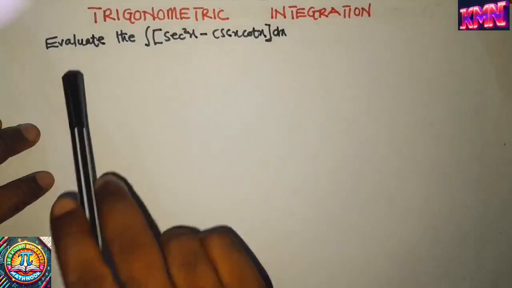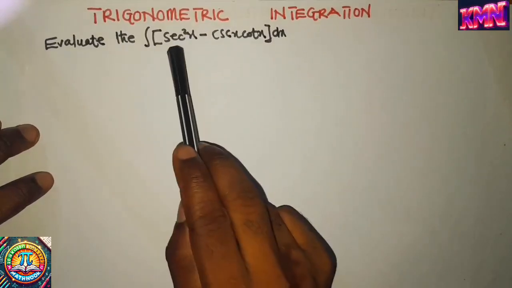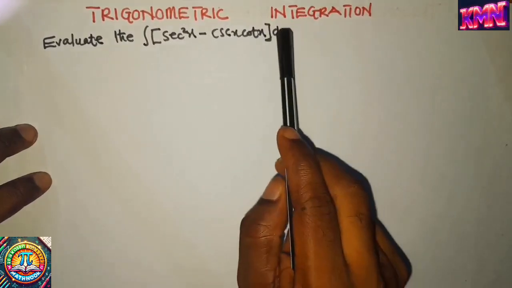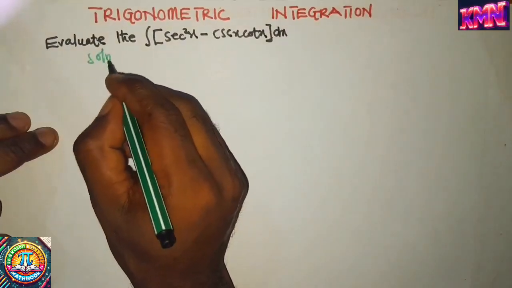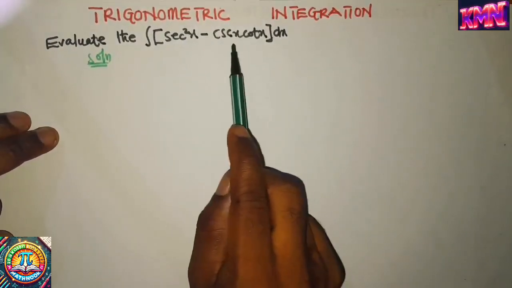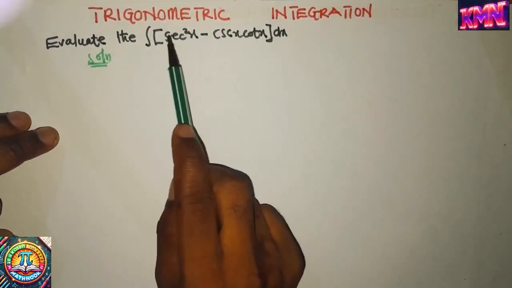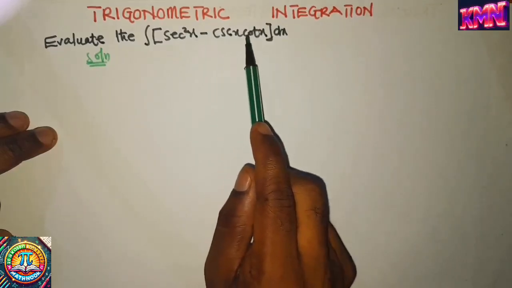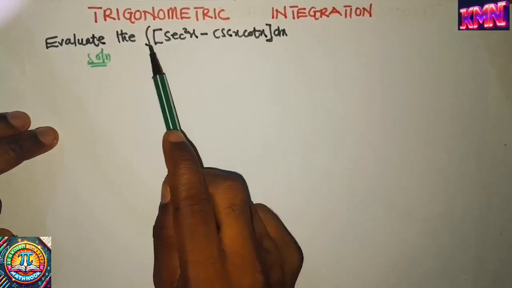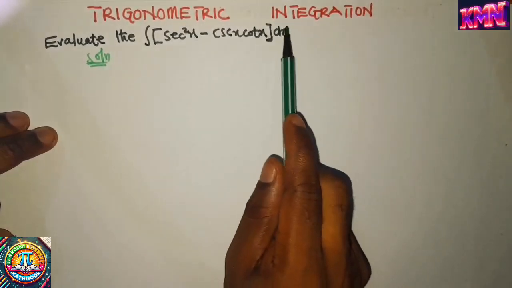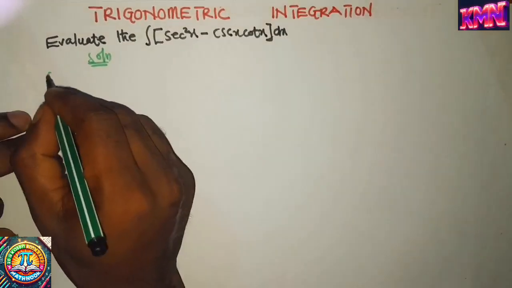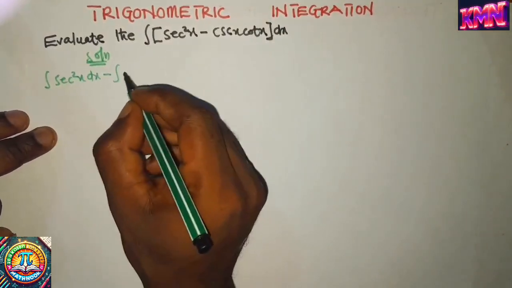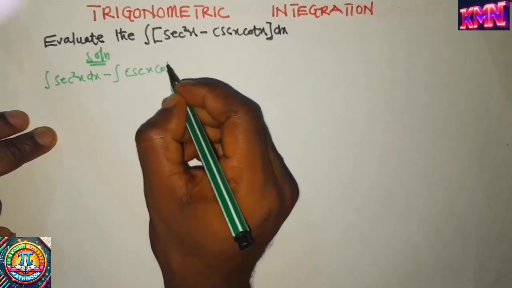Our first example says evaluate the integral of sec square x minus cosecant x cotangent x dx. When you look at this particular problem, we have an integral for secant square x and also an integral for cosecant x cotangent x. So the order we have to do is to expand with the integral and then the variable of integration. So we are going to get the integral of sec square x dx minus integral of cosec x cot x